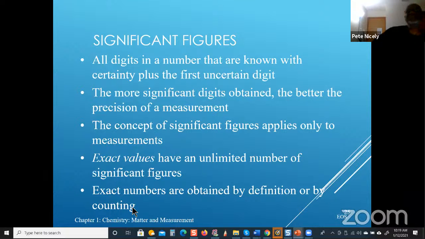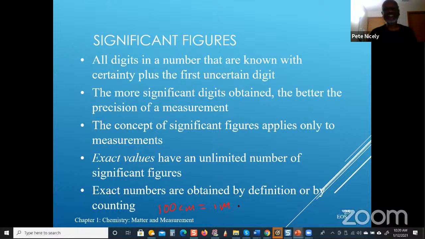So for example, the number of students in a class would be whatever that number is. If there are 10 students in a class, then that 10 would be an exact number. It's not a measured value. You did not measure anything to get that number. You basically do a head count of the students in the class, and that would be that number, and it's exact. An example of an exact number obtained by definition would be, for example, 100 centimeters is equal to 1